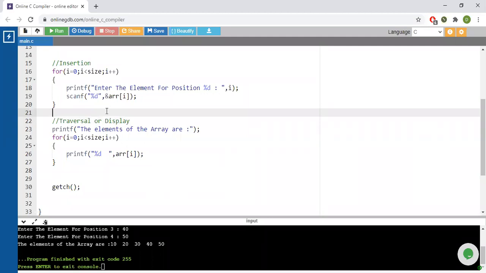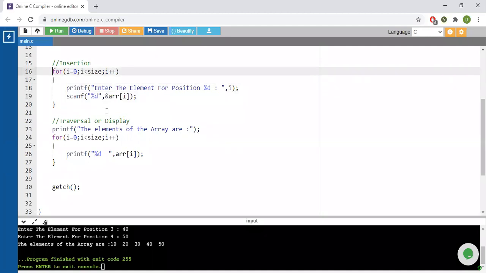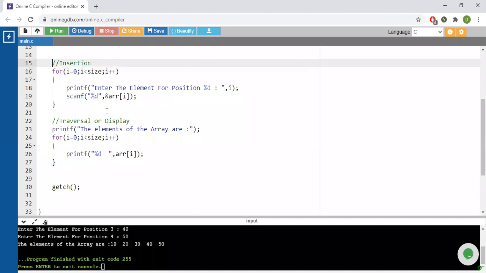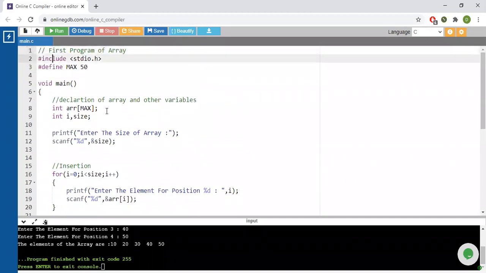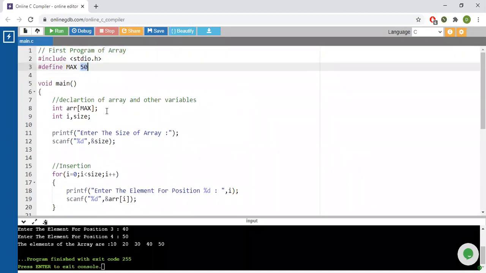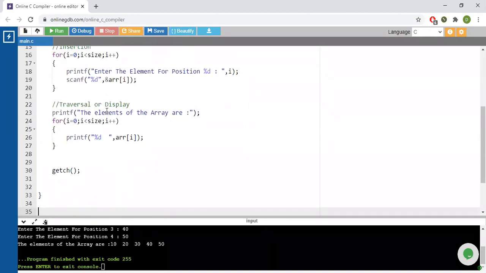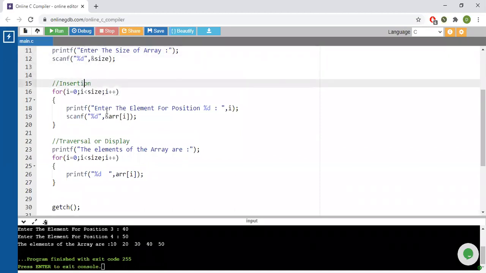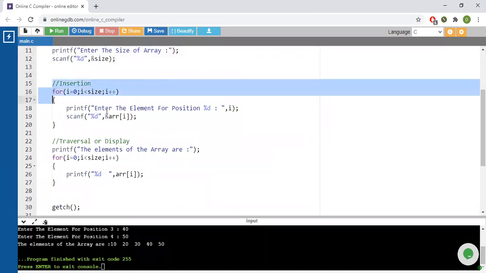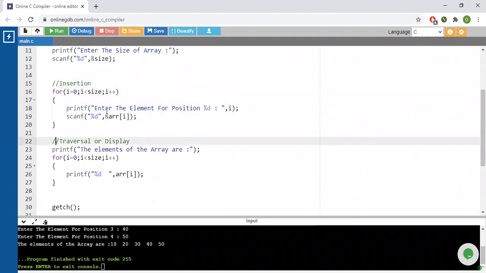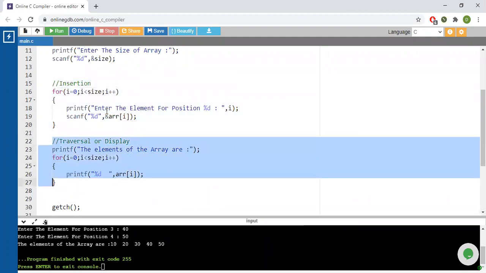Now, if we enhance this code, then in insertion, what we have to see is what if the user inserts somewhere in between. See students, what is the size of the array that you have given? When the user has told, the size was given only 5. But what is the maximum capacity of this array? 50, which means more elements can come. So then how we will change this code, that we can understand. As of now, this is the simplest one. You take the size from the user and then you simply display it.